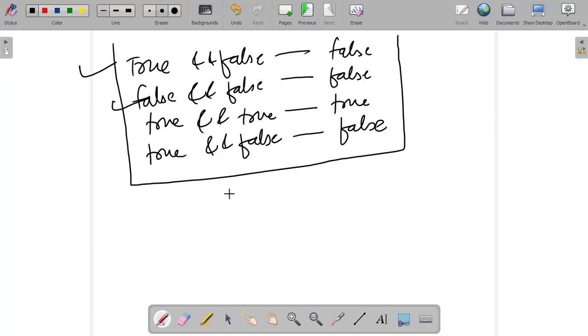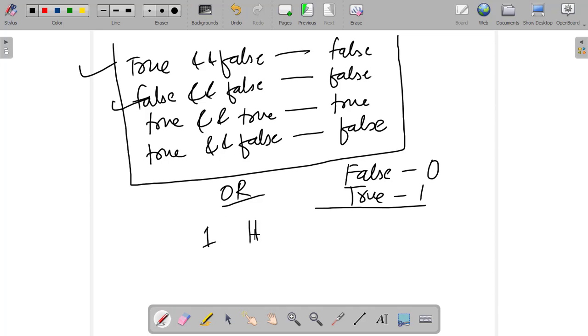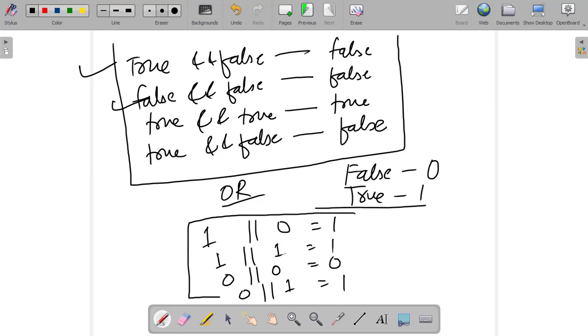Same case for the OR operator also. For the sake of convenience, I am writing false as 0 and true as 1. So I can write 1 or 0, 1 or 1, 0 or 0, 0 or 1. What will be its result? 1 or 0 gives 1, 1 or 1 gives 1, 0 or 0 gives 0, 0 or 1 gives 1. I hope it is very much clear to each and every one.